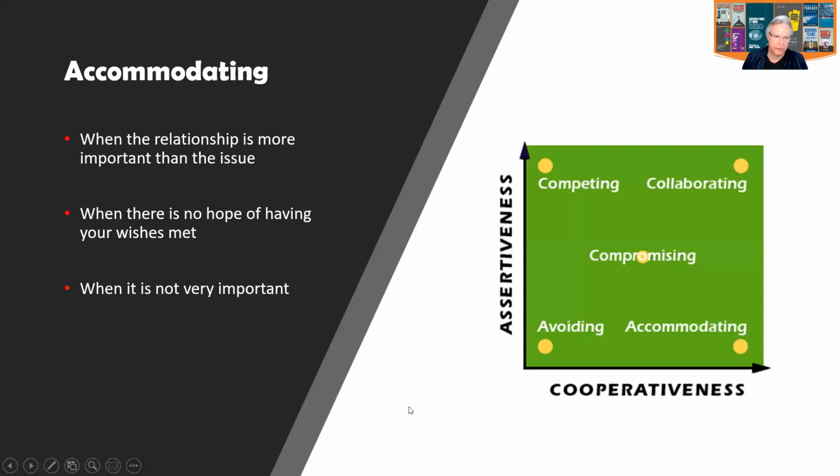A third possibility is if it's not very important to you, why would you bother to get involved? There are so many different arguments and situations that we can get involved in at work, regardless of whether we're working remotely or in the office, that it's just not worth it sometimes. As the old adage goes, you've got to pick your battles. I think that's very wise advice. So sometimes it's just not worth even going there. Why bother? You've got enough things to do and time is short.